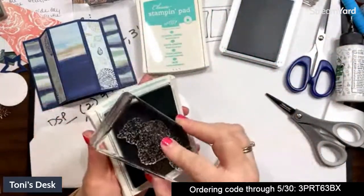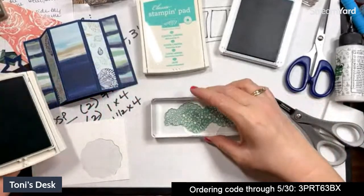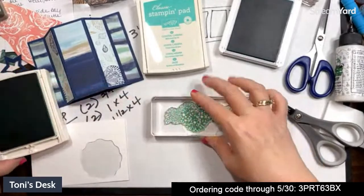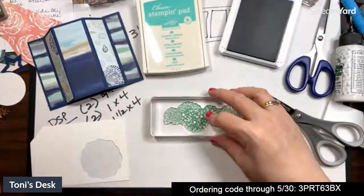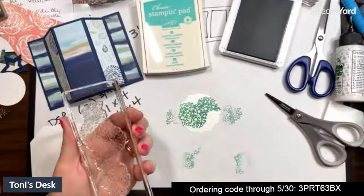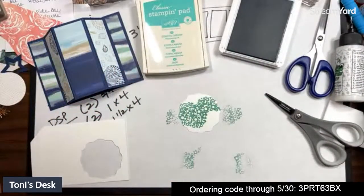I'm like, which one is a little bit more green? I know it's Coastal Cabana, but all right, let's do this right across here. So this is Pool Party. All right. And this is just to give it some interesting bit. All right, let's wipe this. And then we'll stamp